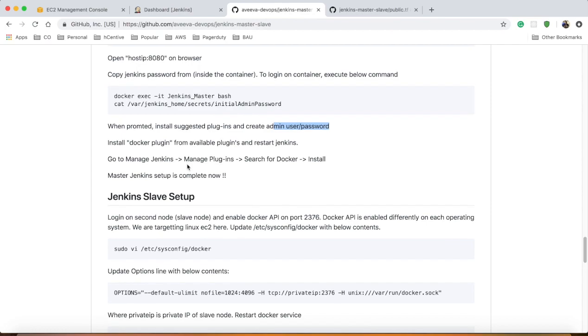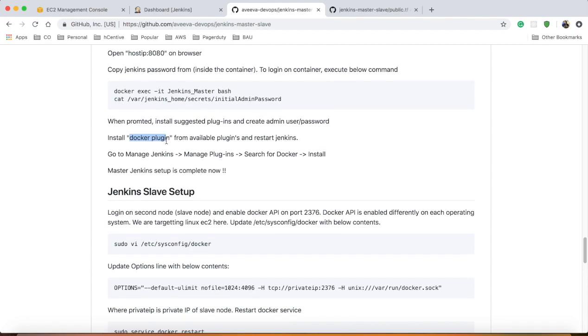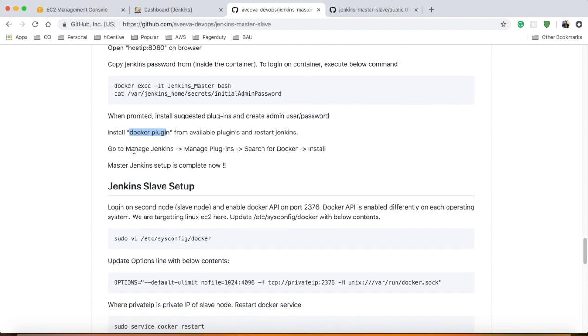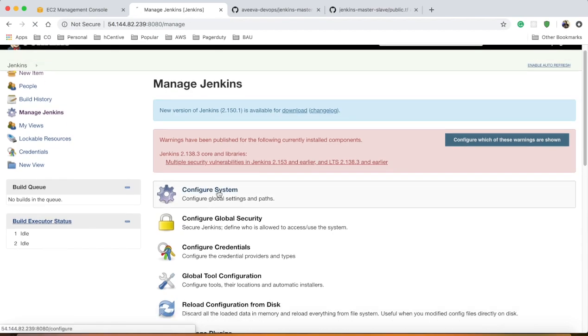Once that is done, you need to install the Docker plugin. This is the most important plugin because we need that for the Docker master-slave setup. You can go to Manage Jenkins, Manage Plugins, and search for the Docker plugin and install it. Once that job is done, just to let you know, we can go to Manage Jenkins, Configure System,